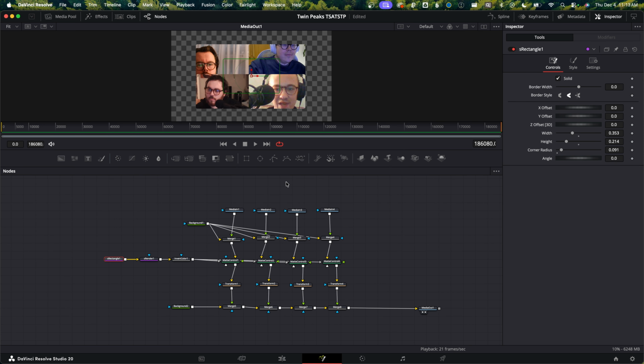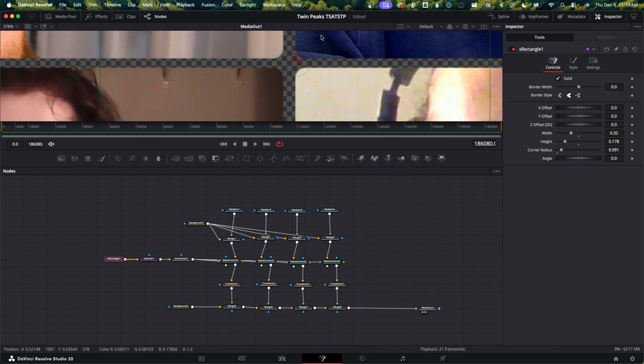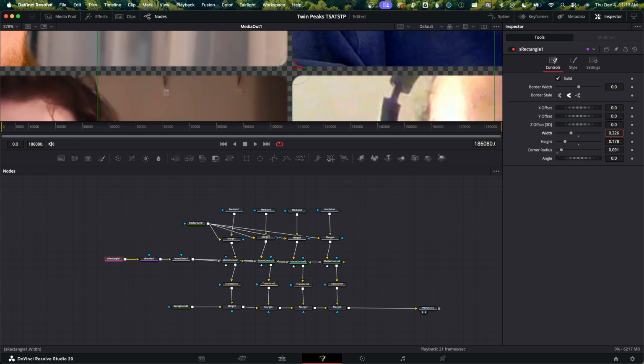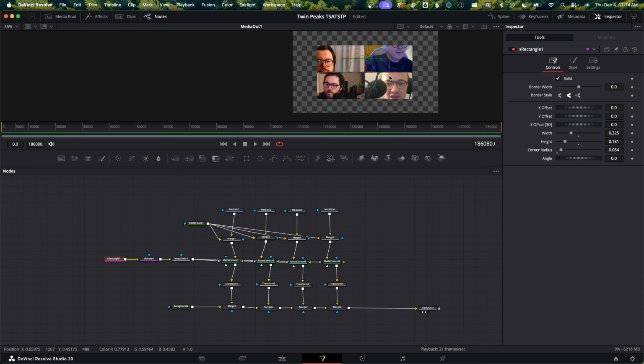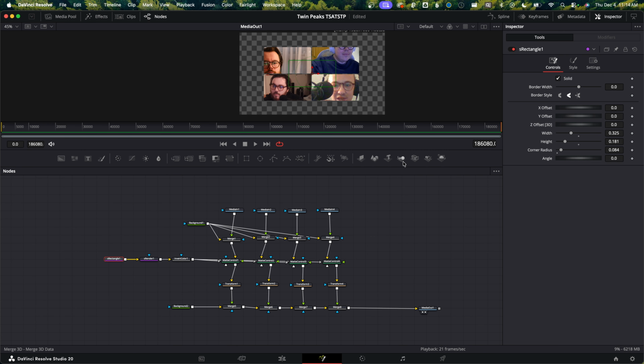And so now I'm going to go back and revisit this rectangle that I started. I'm just going to shrink this until there's a little bit of space between each of our speakers here. And zoom in. If you want there to be a corner, you can set that to 0. I like a little bit of roundedness. And so now we've got our grid of speakers, but we need to actually adjust the size of each of